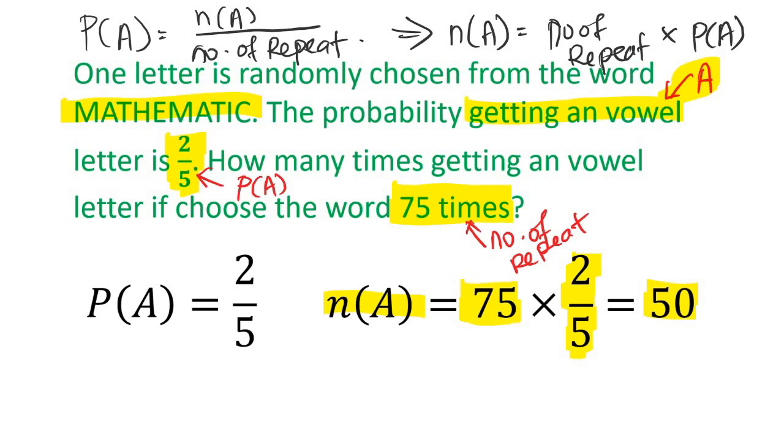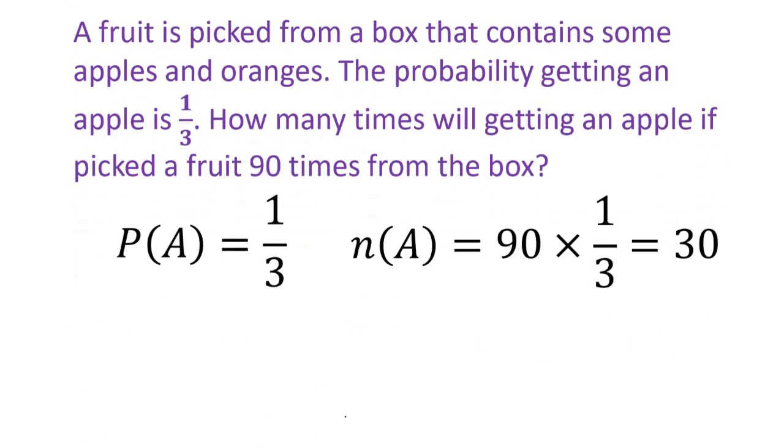Now we are going to see the last example, example 3. Pick a fruit from a box. The event A is getting an apple, because in the box we have apples and oranges, two types of fruit. They ask how many times I can get an apple if I repeat the action 90 times. Same thing: